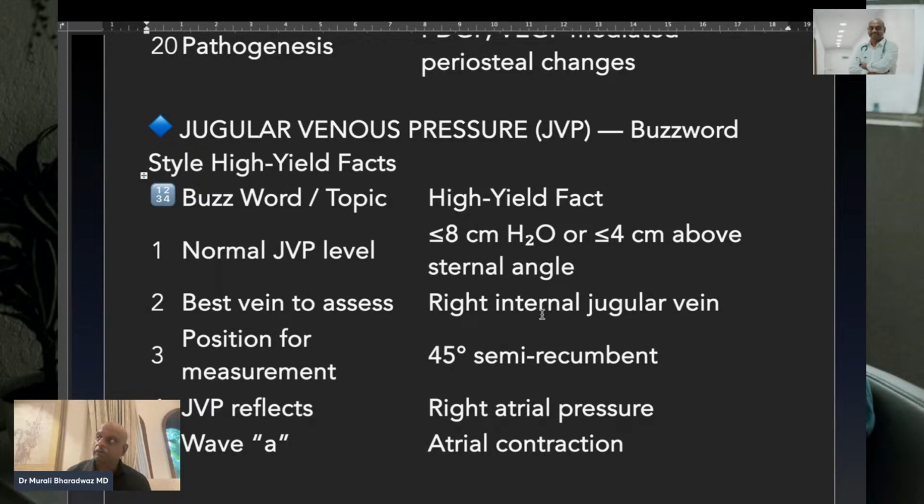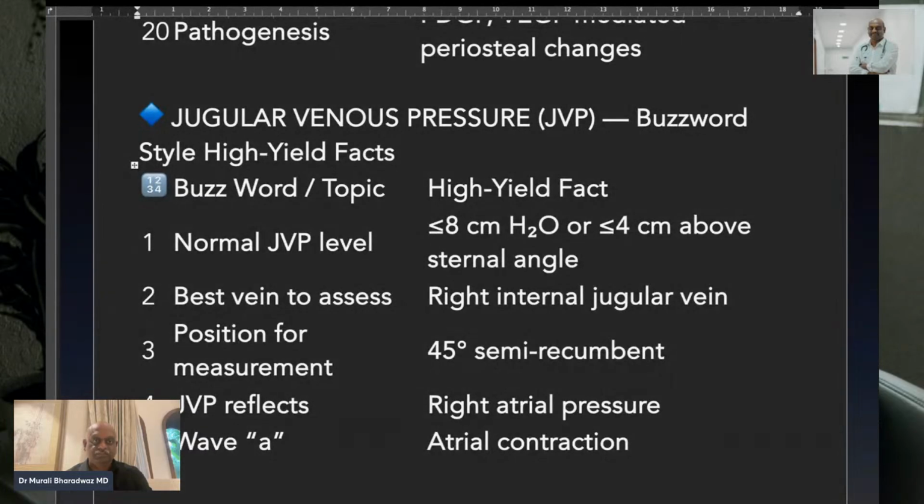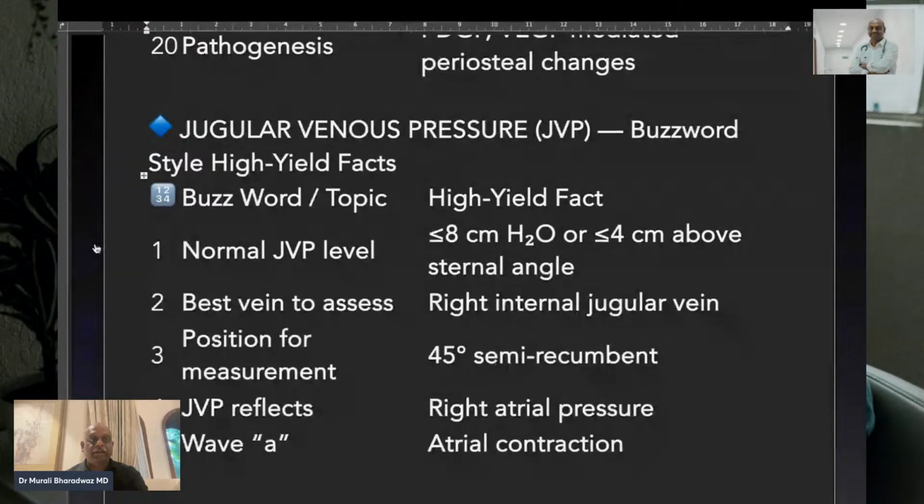So you should know where the systole begins and where the diastole begins, and